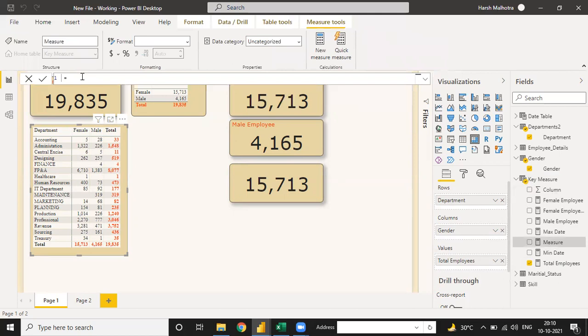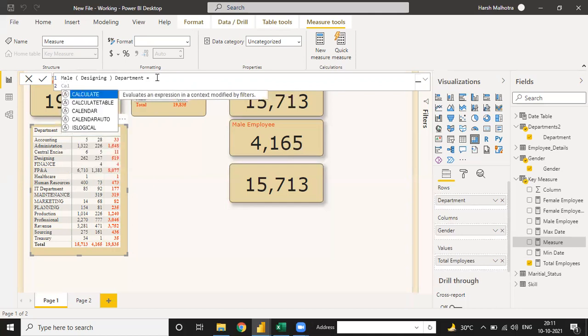Just use male of designing, and we can drag down multiple steps. Every step we have to record in just one line.